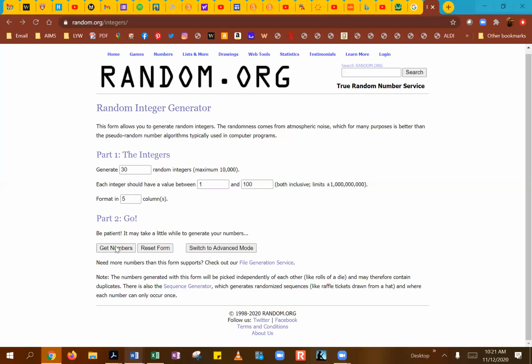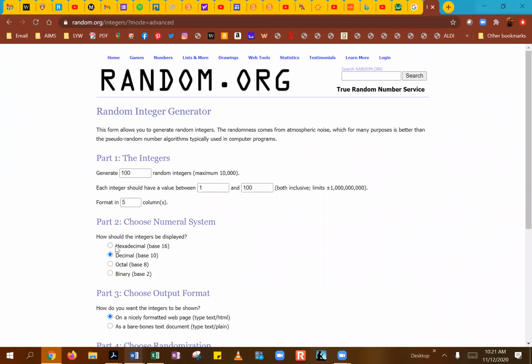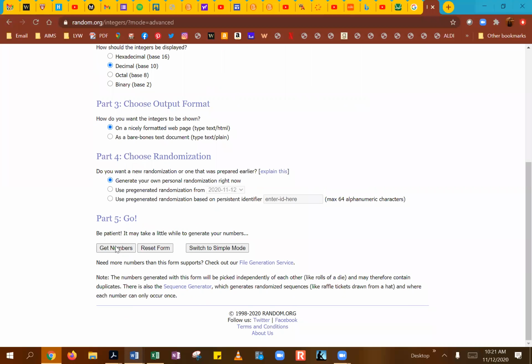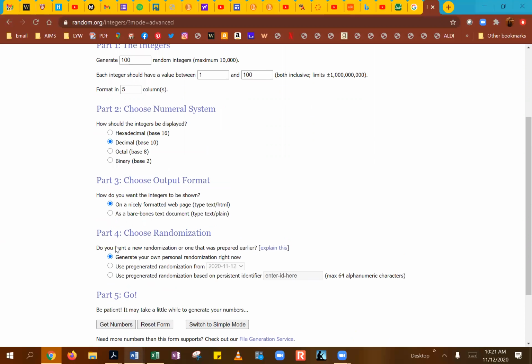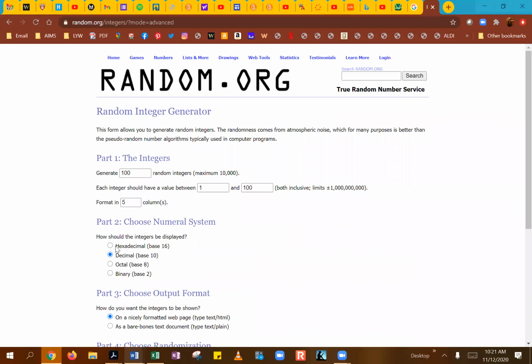So you can go back and try to see, I kind of miss my simple number generator because you could tell it to not have repetitions in there. Anyway, so you can kind of play around with this if you like, but that's kind of the idea of using a random number generator,